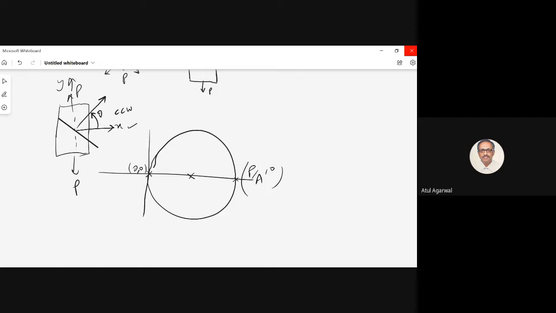Now, to find this plane RR, you have to turn counterclockwise theta. So it means from here you have to turn counterclockwise by an angle 2 theta. So this will give you normal stress and shear stress. So this is your normal stress value, and this is your shear stress value. Any problem? So you have found using Mohr circle normal and shear stresses on this plane.